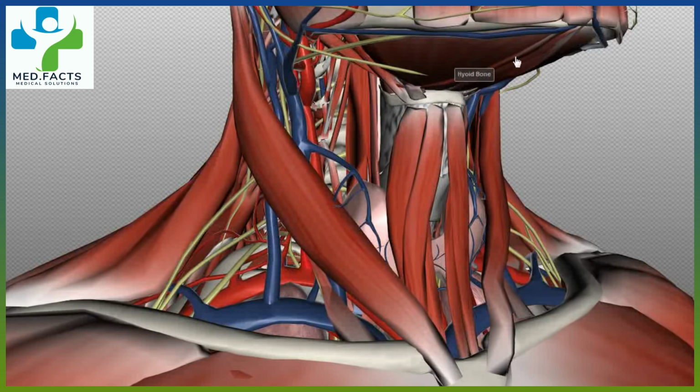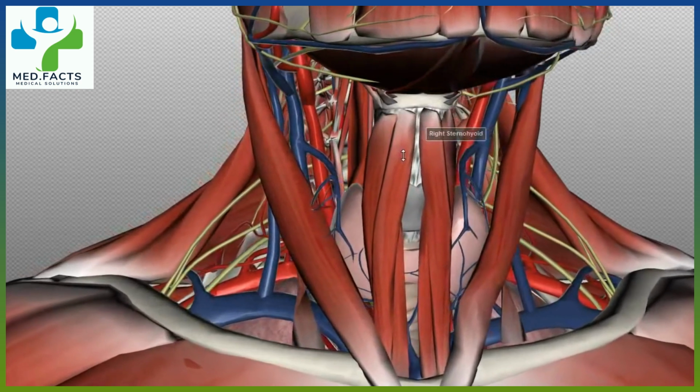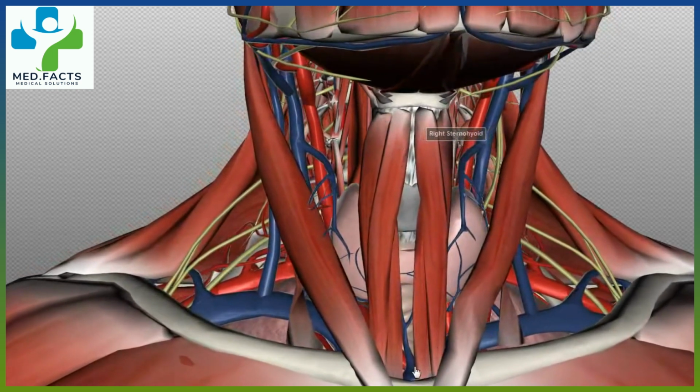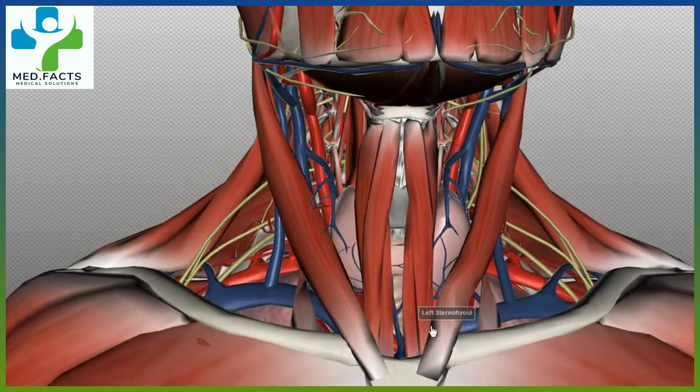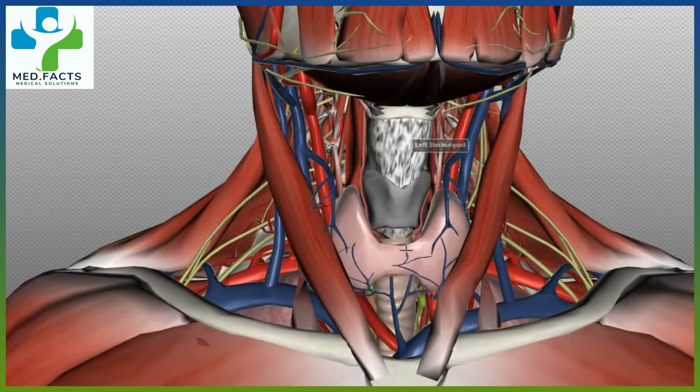Muscles above it are called the suprahyoid muscles, and these run in the anterior triangle, and you've got these muscles below the hyoid bone, so these are the infrahyoid muscles. These infrahyoid muscles are also called strap muscles because of their appearance. I guess they look like a strap. Below the strap muscles we've got the thyroid gland, we've got the larynx here and the trachea, and we've also got the parathyroid glands behind the thyroid,